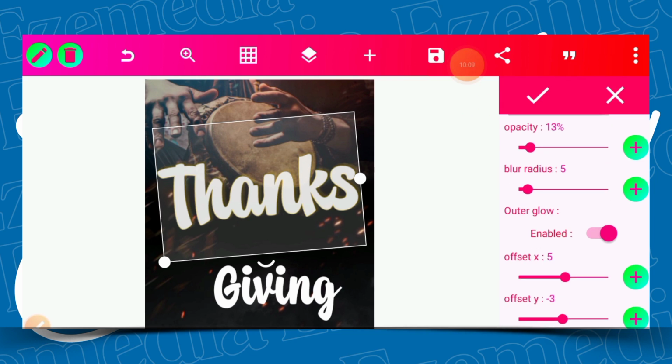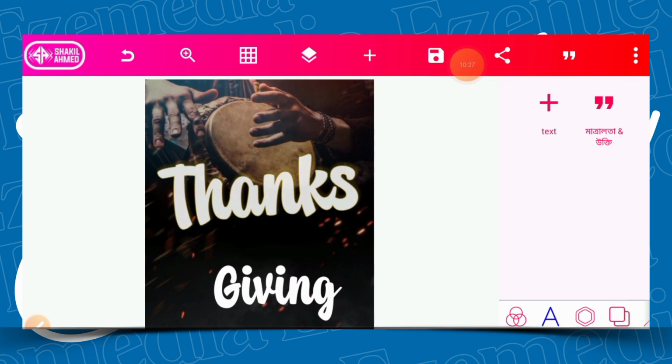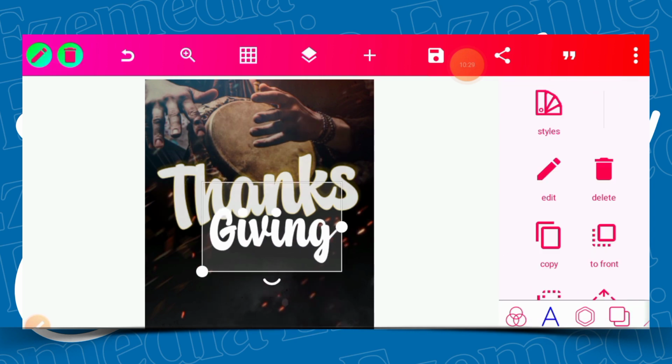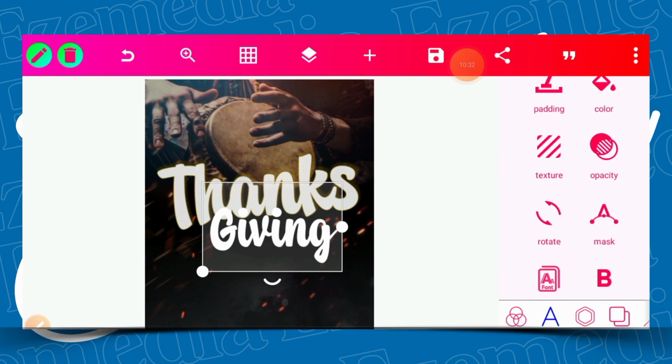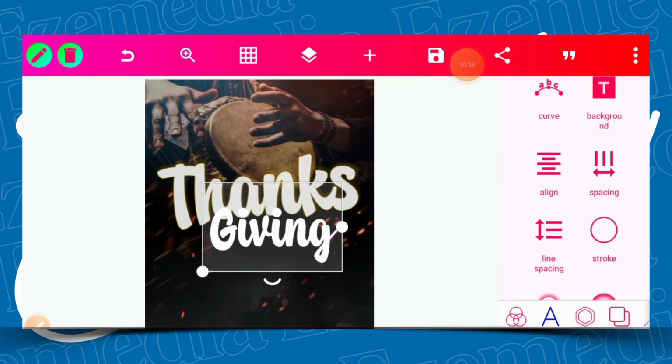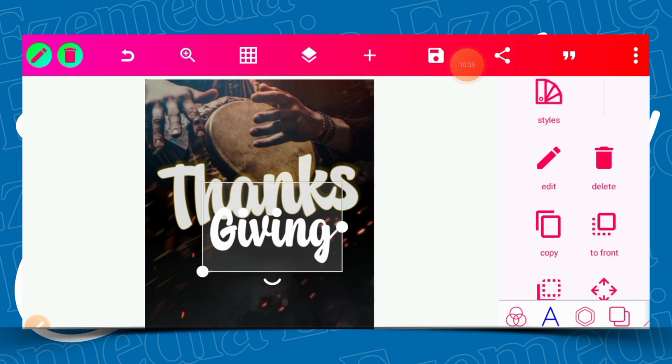Okay, so that's that on the "thanks." So the "giving," come to color. You don't need to just come to color. I'm going to work on the color, and I'm going to give it gradient color, and this is the color I'll be giving to it. Done. So another thing I need to work on: I want to give it the shadow effect because it is placed on